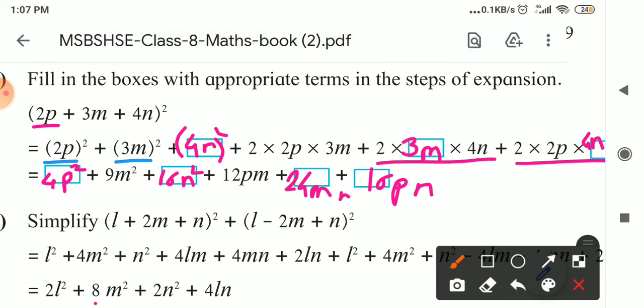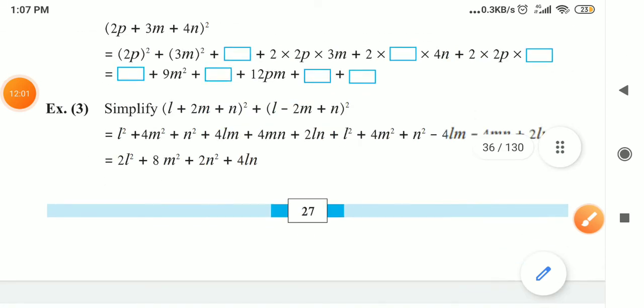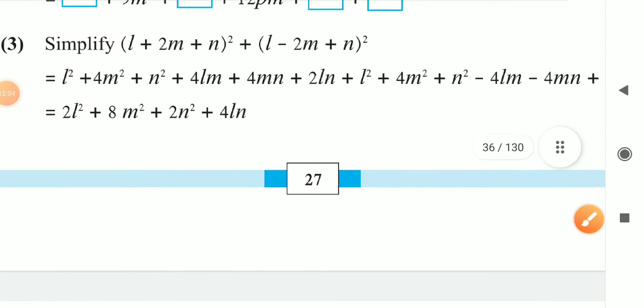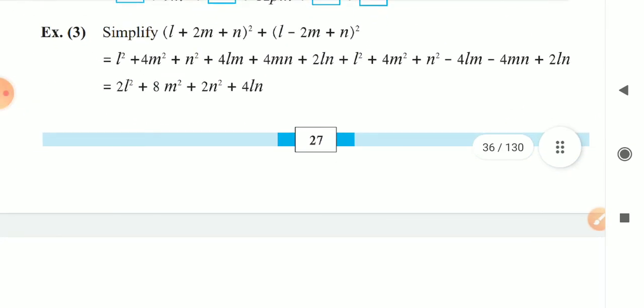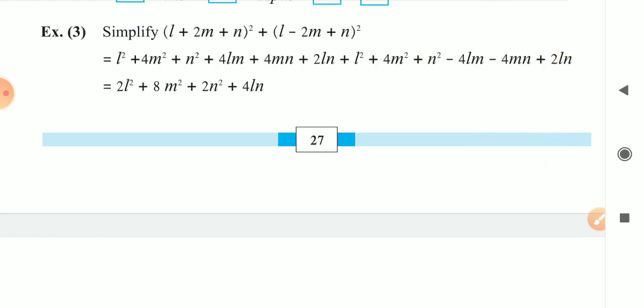Okay, so this is the example where we use the (a plus b plus c) bracket square formula. Now one more example is there, that is simplify. So what is the question? (l plus 2m plus n) whole square,